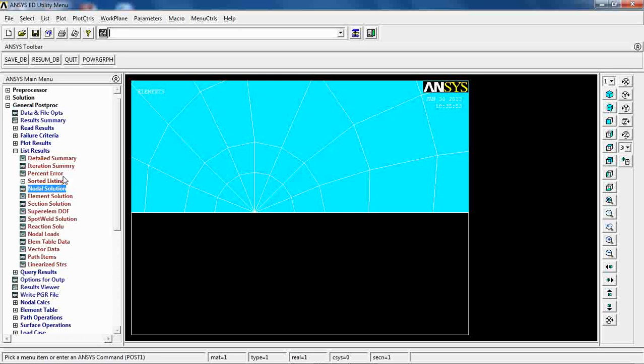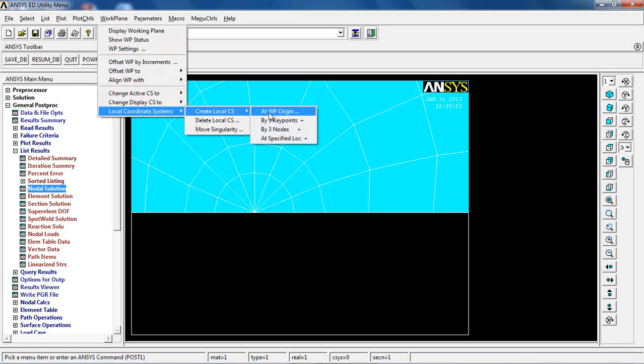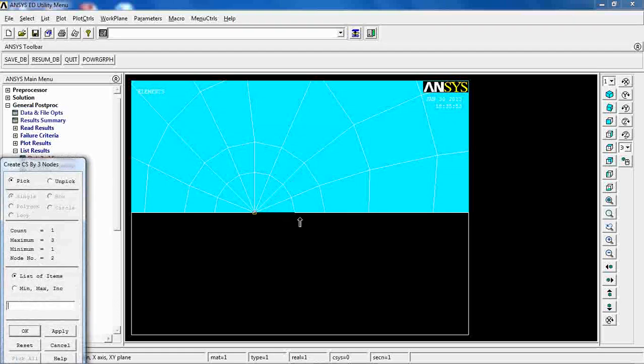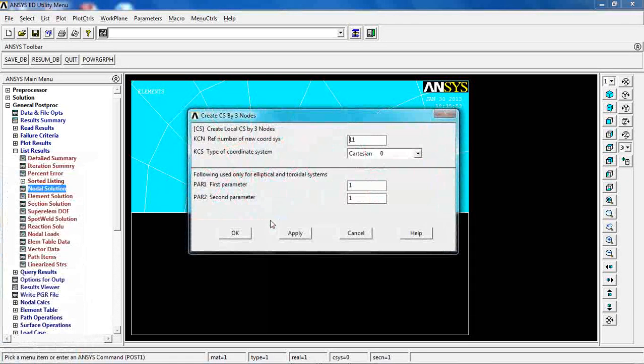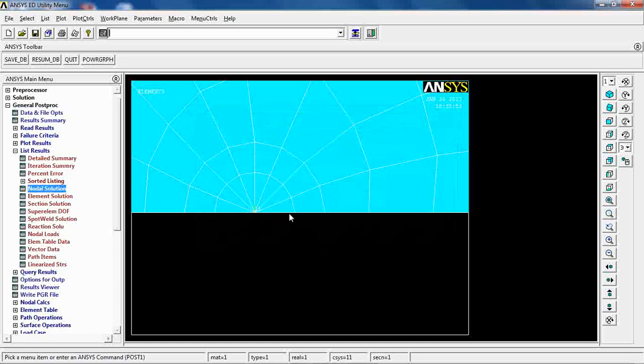The other thing in fracture mechanics that you may want to study is the stress intensity factor. Let me first select everything. For that one, you need to define a local coordinate system. So I come to here, create local coordinate system by 3 nodes. I pick these 3 nodes, and I'm going to stay with number 11. So this is my x and this is my y. The origin is at the